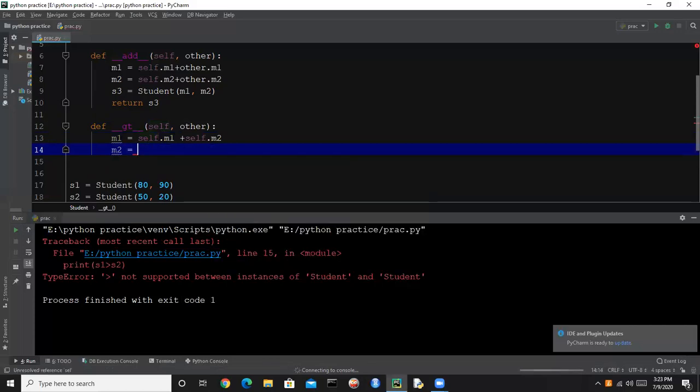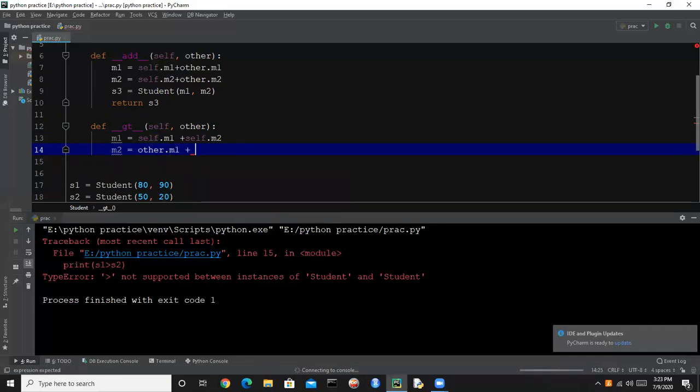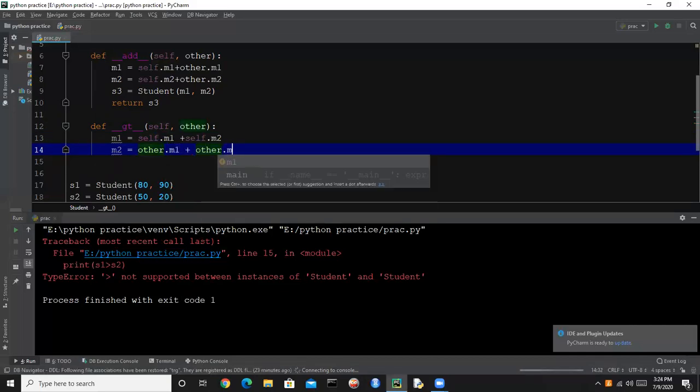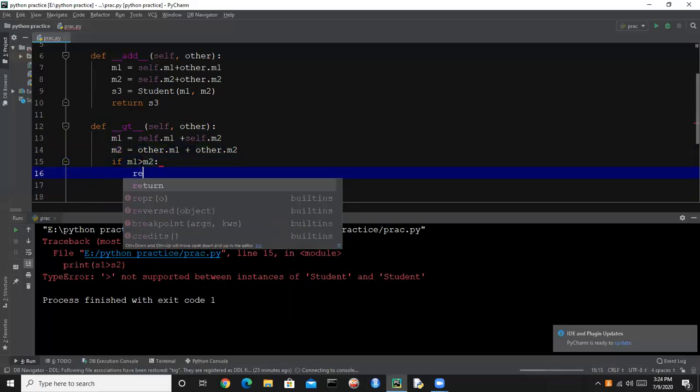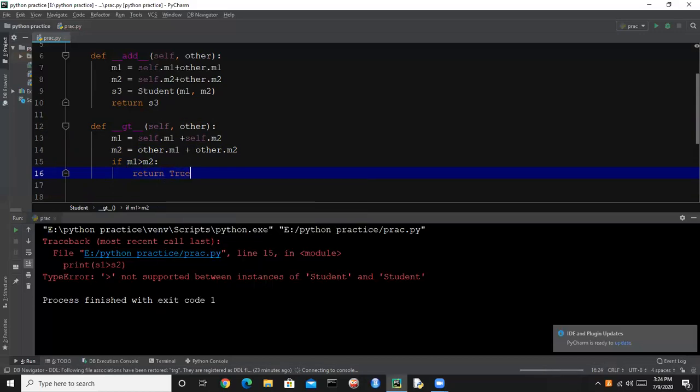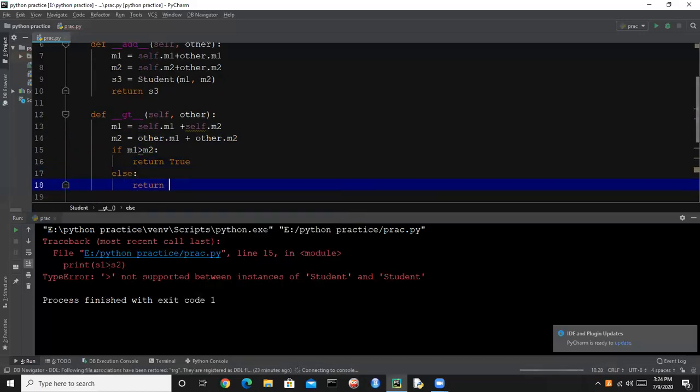We have to use other because self is for student 1 and other is for student 2. So now if m1 is greater than m2, then return true, else return false.